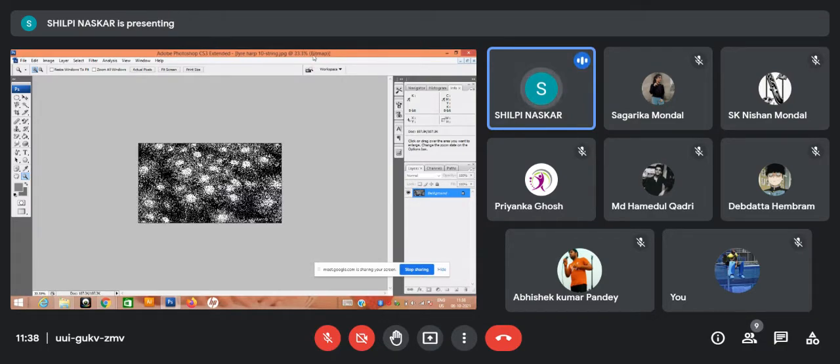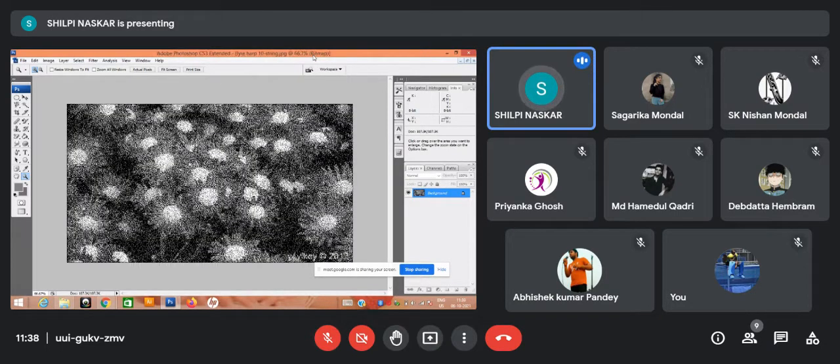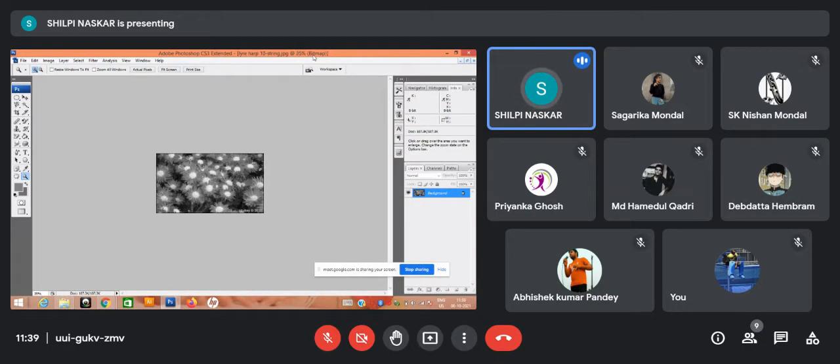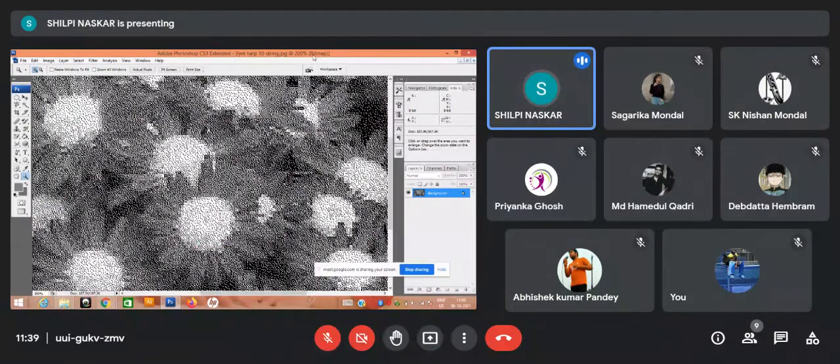What is the difference between bitmap color mode and grayscale color mode is that in bitmap color mode you will be getting 1 and 0, 1 and 0 as output. But if you zoom out, the output is the same. So what is the advantage? The advantage is that the printing machine is using less color. Say certain portion is having color, certain portion is not having any color, that is white. So thereby you are reducing the use of expensive ink.